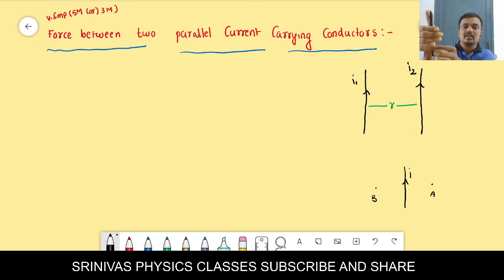The thumb shows the direction of the current, right? And the curled fingers mean here what? These are the curled fingers. You know very well. You can draw on your paper and try with your fingers. Then tell me the direction of the magnetic field. On the right side, at point A it is inward, and at point B it is outward. Is it correct or not?